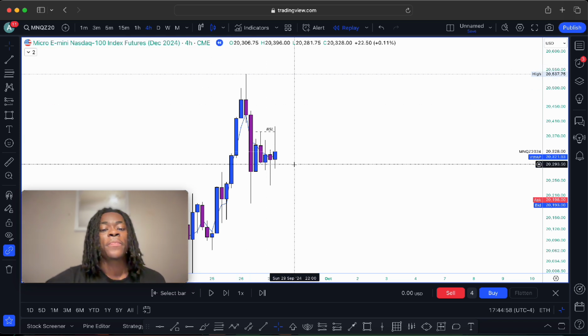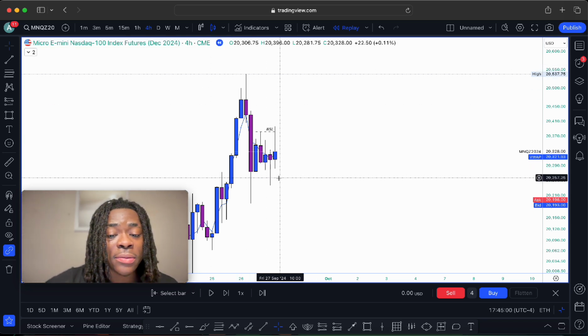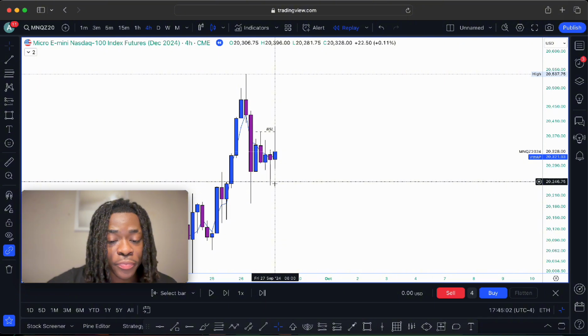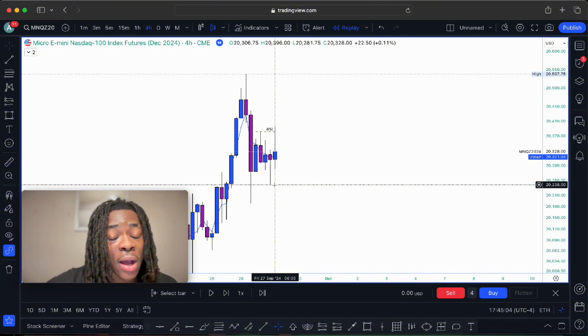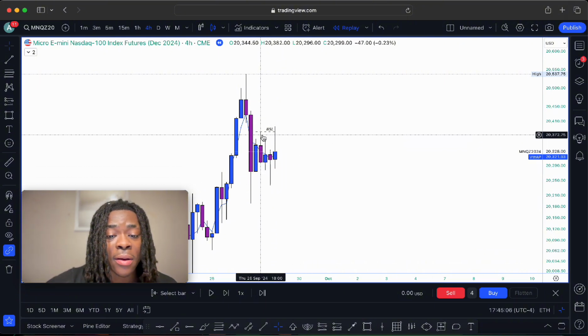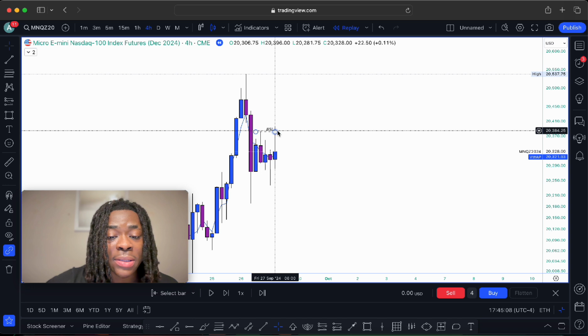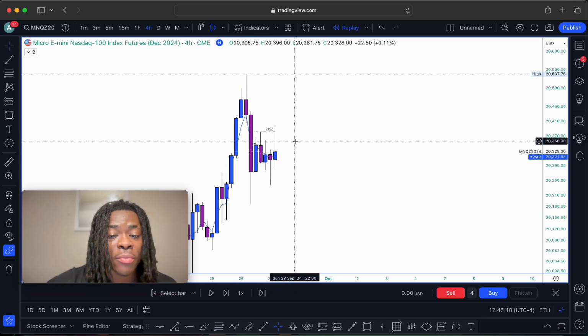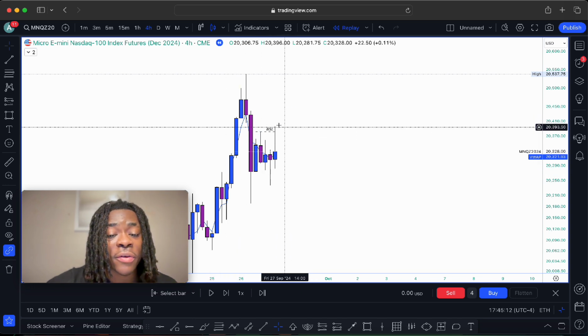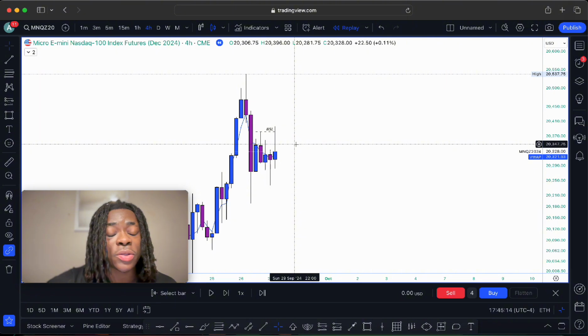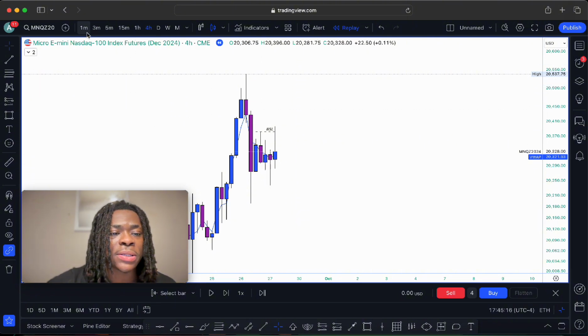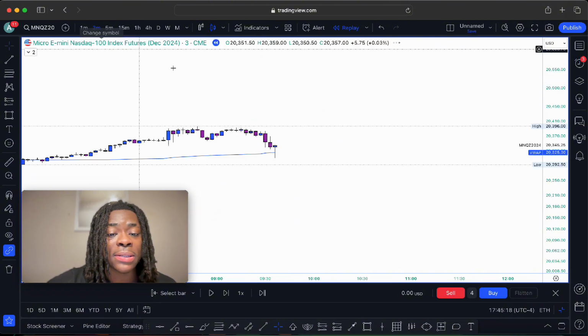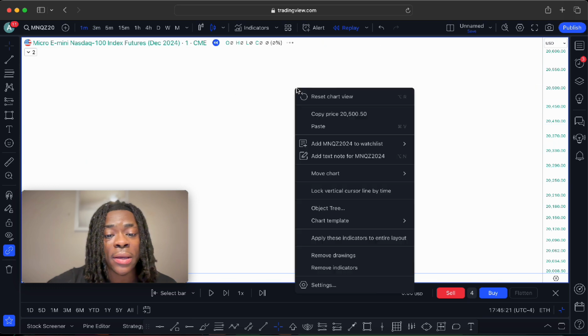So after we have that, what's really added more confidence to this trade is that we swept buy side liquidity in the fair value gap, and then respected the fair value gap, which means that it's a turtle soup strategy that I really like to take. So once I saw that,